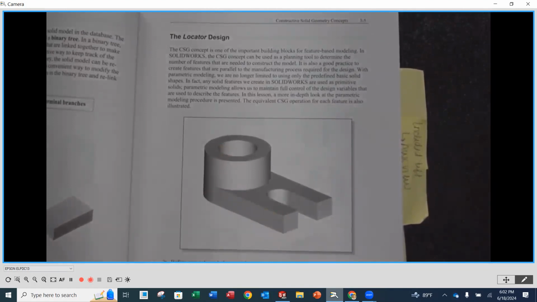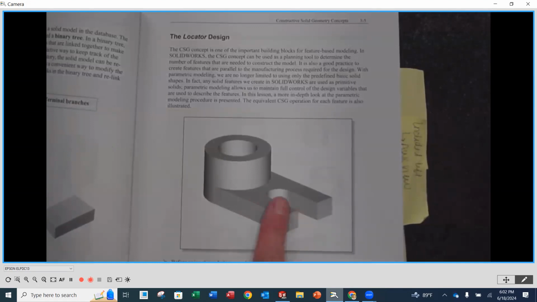But we can't put a hole in place until we have the outside cylinder here. So that one, actually, we can't create a hole in space. Does that make sense to everybody? You have to have some sort of a solid first. Same thing with this slot here. We can't put that slot in place until we have the base. So in that sense, fundamentally, we have to have our solids in first before we can start taking cuts away. All right. So what we're going to do here is the way that the book approaches it,